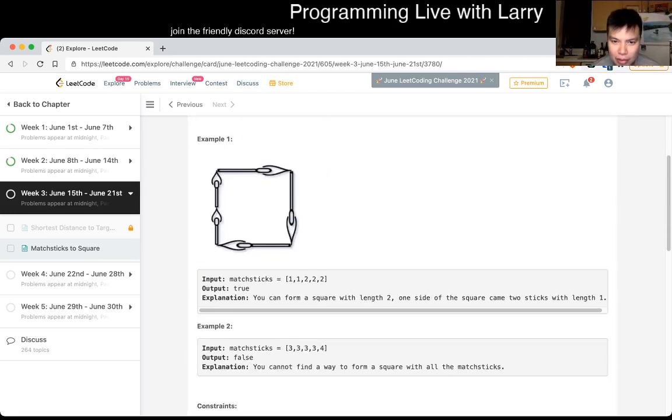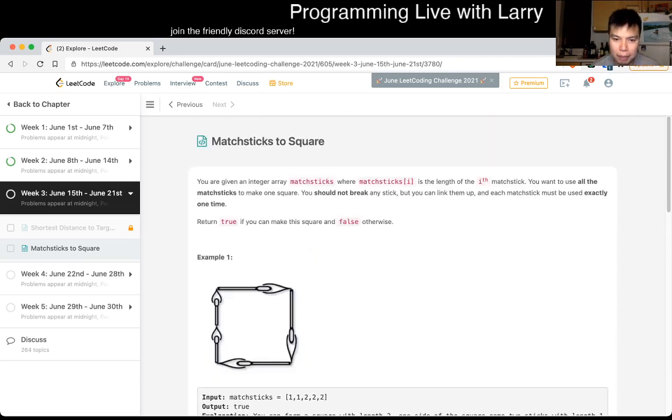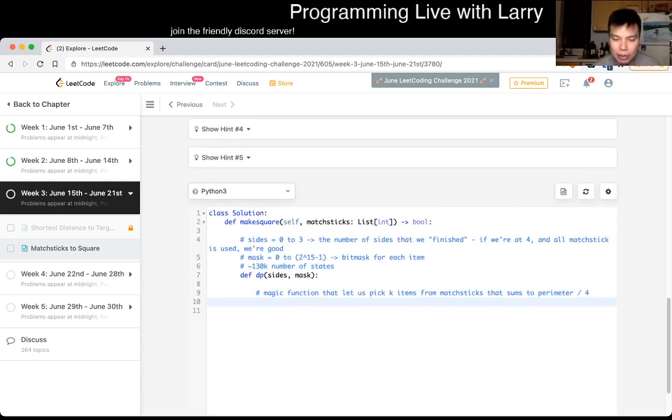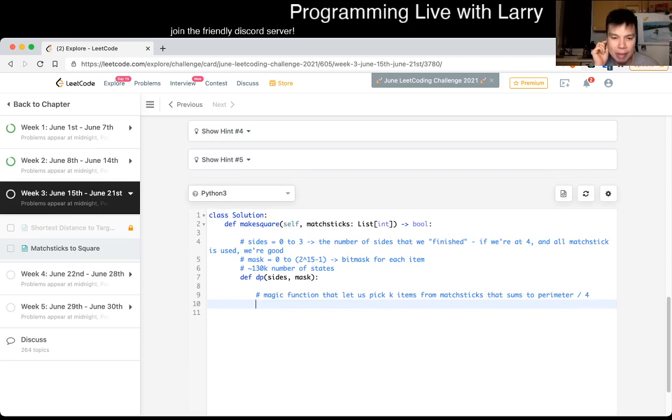Let me see if I notice anything else, because 15 factorial is a solution, but 15 factorial is obviously also very big. So then the question is, can we somehow do this magic function in a quicker way, or add another thing